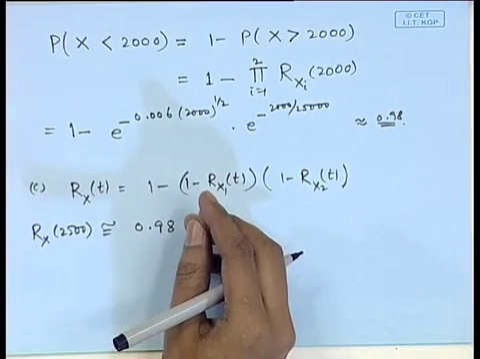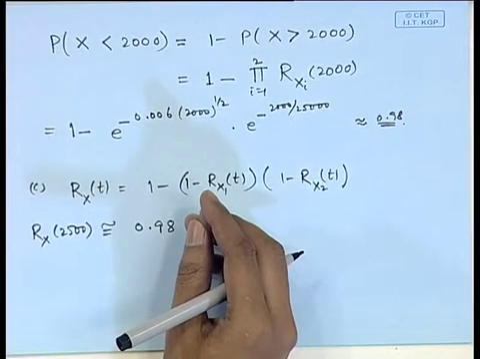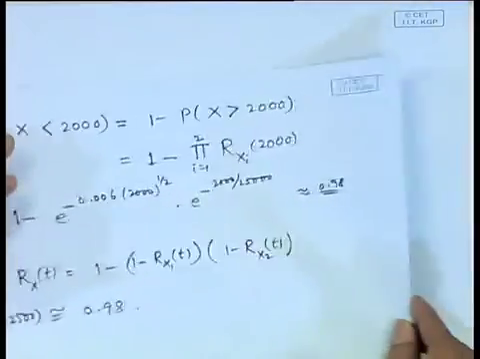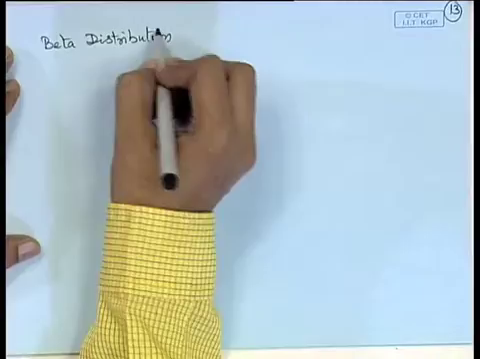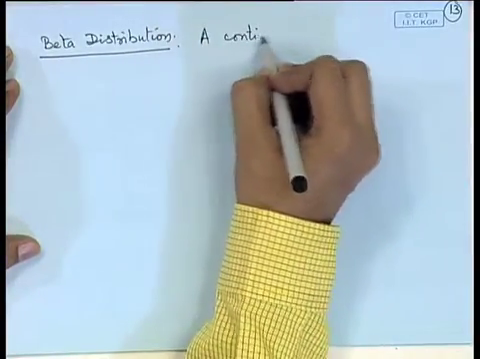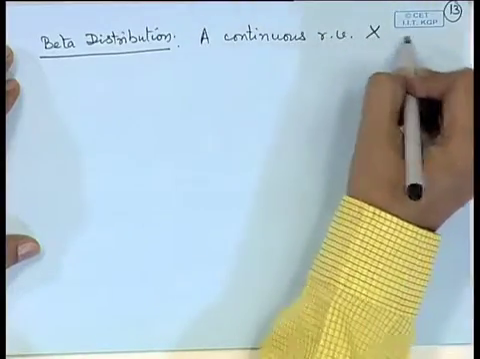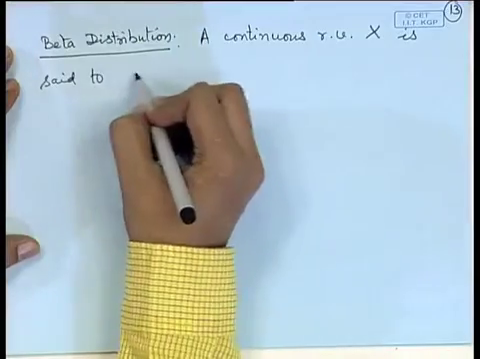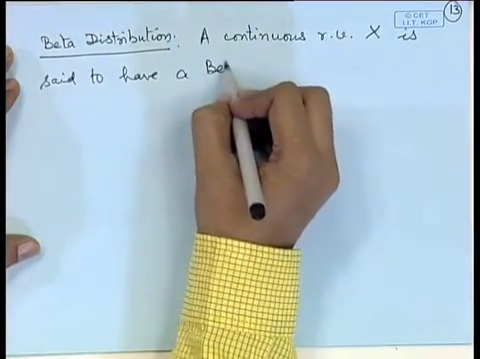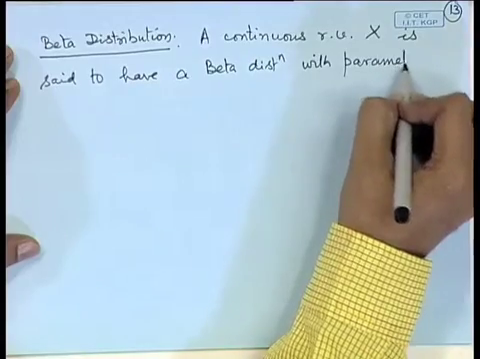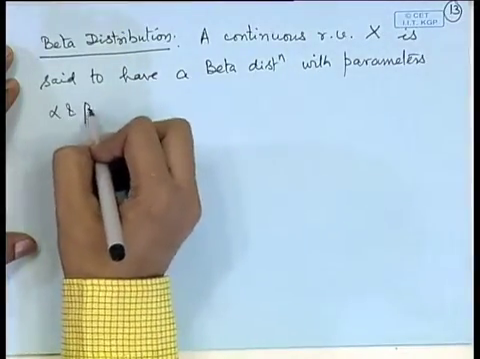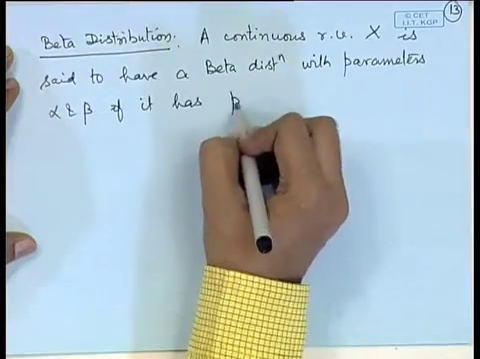The next one is the discussion about a beta distribution. A continuous random variable x is said to have a beta distribution with parameters say alpha and beta if it has the probability density function given by